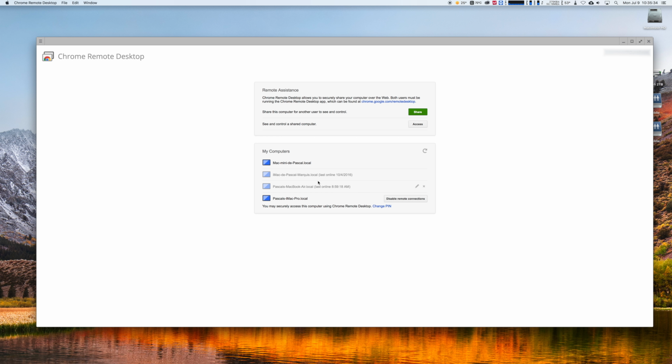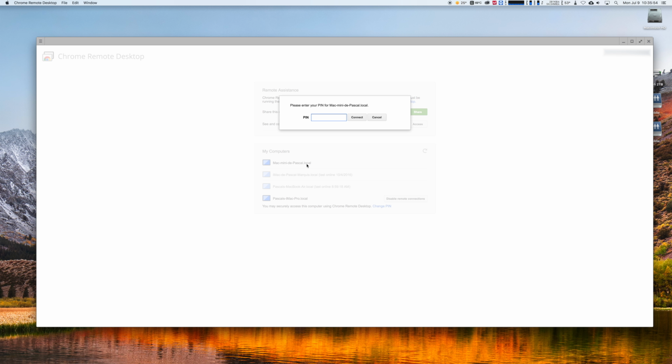So if you look, you should have enabled something over here. You just type a password, it will install something automatically. And actually, you see, these are all my computers which are available at the moment. My MacBook Air is closed, my other iMac is closed, my Mac Mini is open, so if I click it right now, I just hit the password,